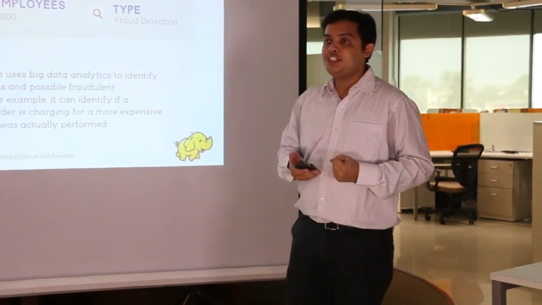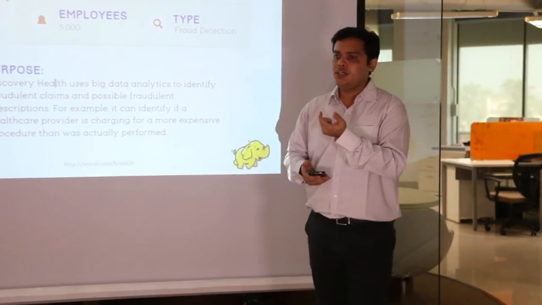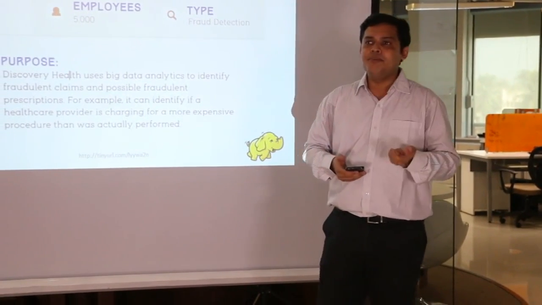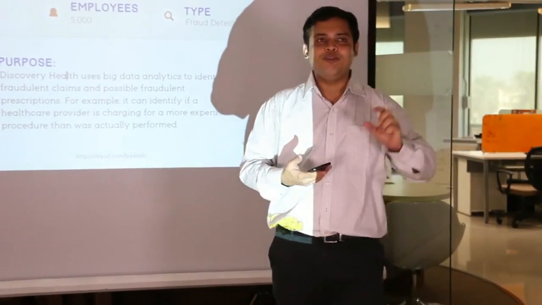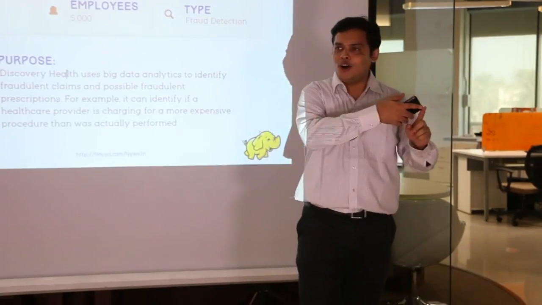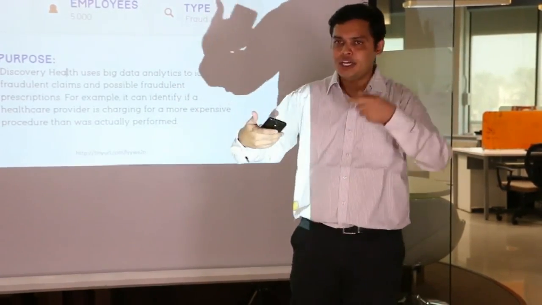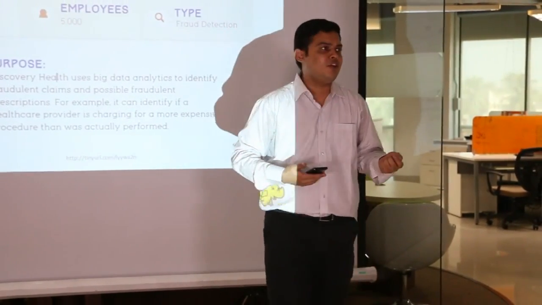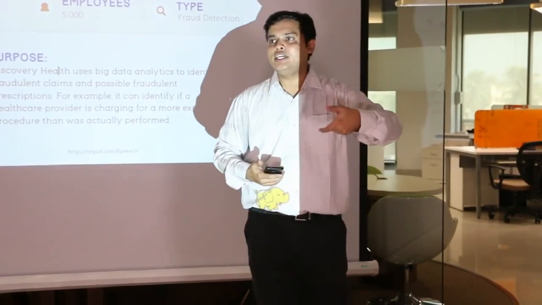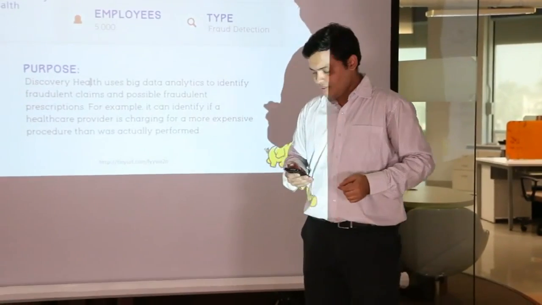Discovery is an insurance firm. What they do is try to identify whether the claim that is coming in is proper or not. It might happen that the treatment is very small but the claim is very huge. Based on all the data they have from past history, they will take this particular case against that whole history, and they will automatically come to know whether this claim is false, correct or wrong. So that brings down the turnaround time. The decision is very quick. It's either yes or no.